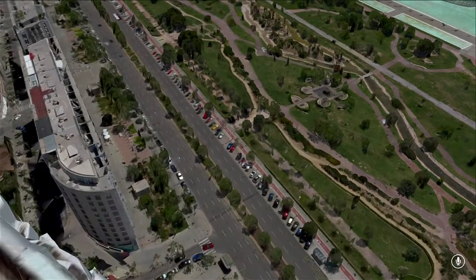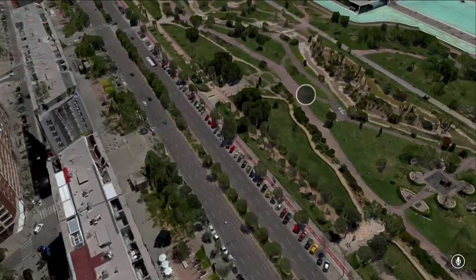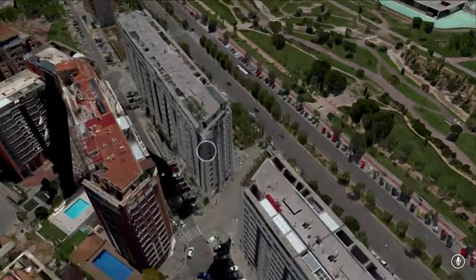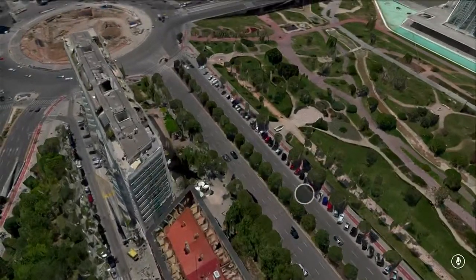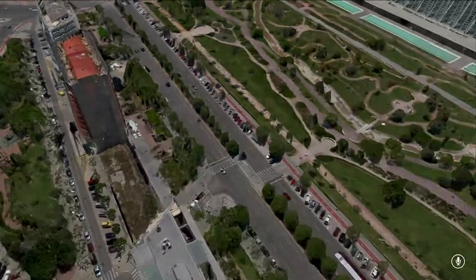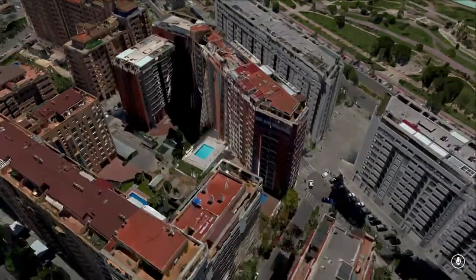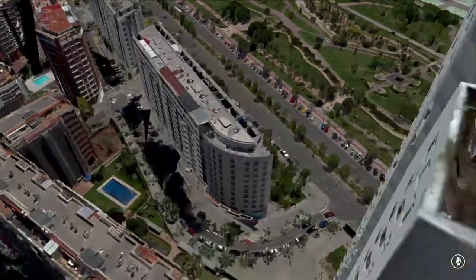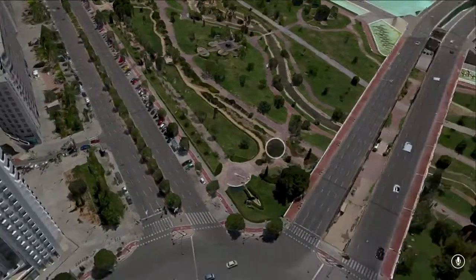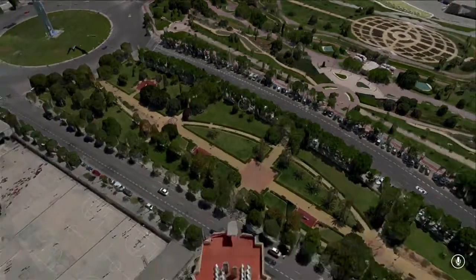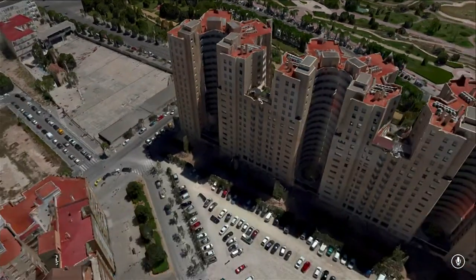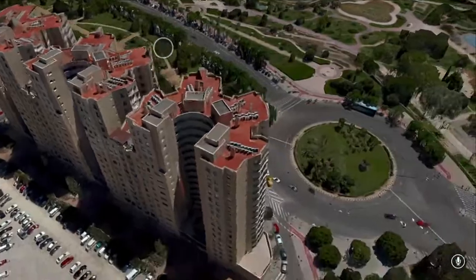Let's see if there's some hotels here. Maybe I can go along the hotels. Maybe I can go explore a little bit before I go visit. Now, this takes the idea of going and visiting a city to a whole new level. And you can see how beautiful this imagery is. This is built using cameras that we have built ourselves with some amazing optics. This is very, very high resolution imagery. You can see all the details. And these details